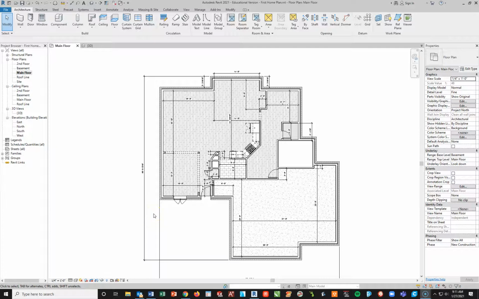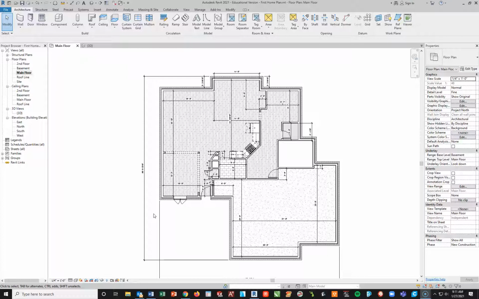Okay, so this video will be a short one for my architectural design course. We're going to add a ceiling to our main floor. We just finished up the last video on the flooring. Adding the ceiling is going to be pretty much the same exact thing we did with the flooring. We're just going to make a 3/4 inch thick ceiling with gypsum board, and we're just going to leave it. And basically, it's just trace the entire structure of the house to get your ceiling put in there, and it